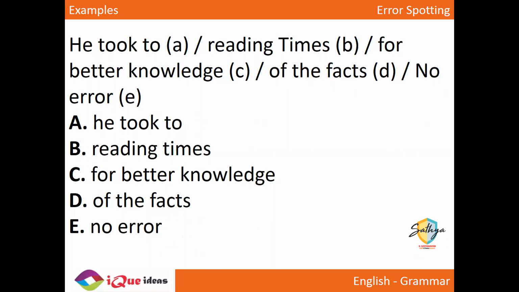Yes. So one thing, whenever you are referring to something by its proper name, a proper noun is used to refer to something. And if it is very specific, then generally the definitive article can be used, right? So we don't say Times because with a capital T, Times refers to a magazine or a newspaper. So when you're referring to a specific magazine or newspaper by its proper name, then you use the definitive article in front of it. So we say, he took to reading the Times for better knowledge of the facts.